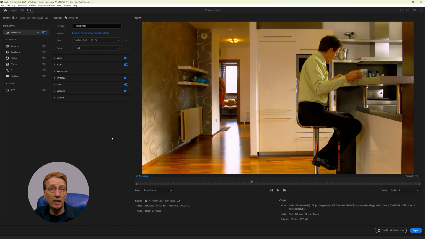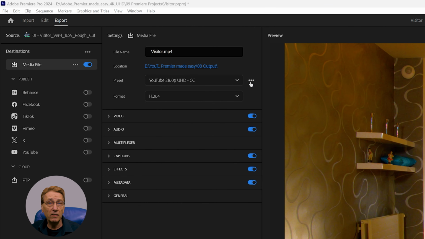However, maybe your client has specifications that aren't covered by a preset. In that case, you can specify the settings here and save them as a new preset. Perhaps your client even provides you with a preset. You can import and use it here. If you don't want or can't use a preset, the first thing you need to do is choose a format. There are 32 options available.